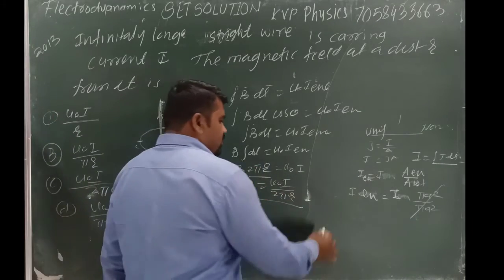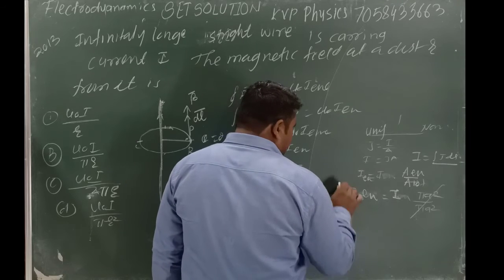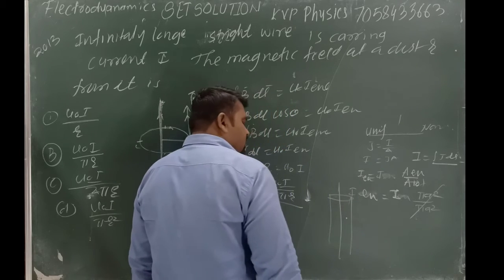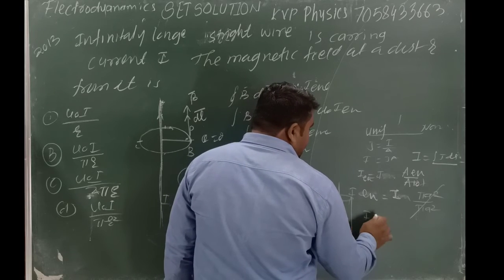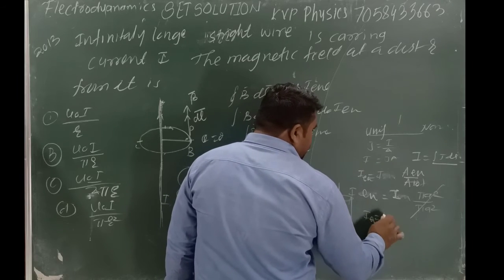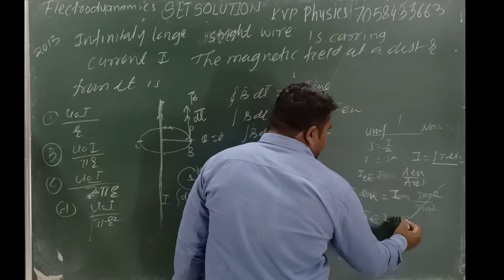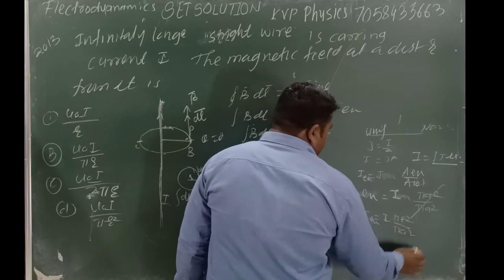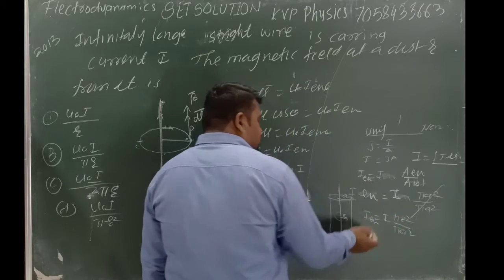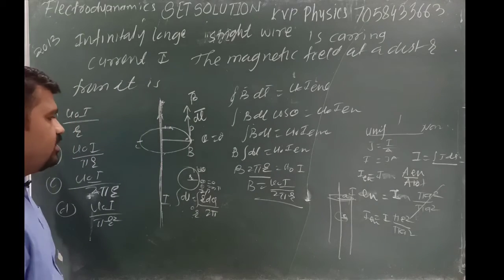Suppose this is the size of the wire, and we find the magnetic field inside. At that time, how much area is covered by the Amperean loop? I enclosed is equal to I into, in this case, small r is the radius of this loop. At that time, the area is pi r square, and the radius of this wire is a, so pi a square. Got it? This area by this area ratio gives the idea of how much current is enclosed by this loop.